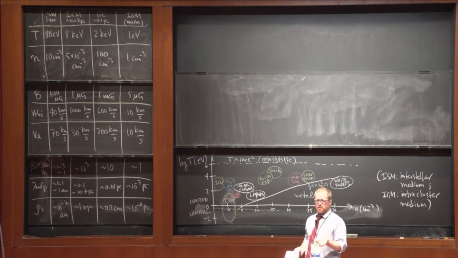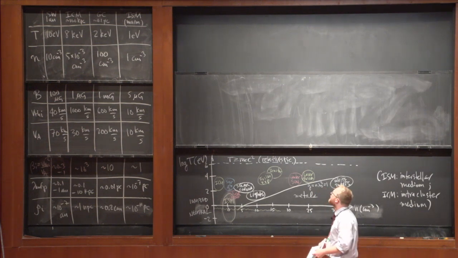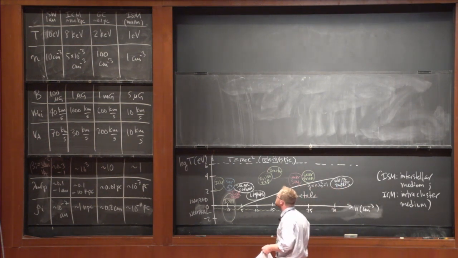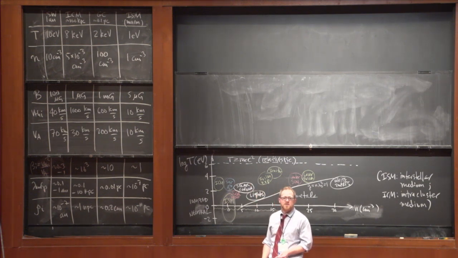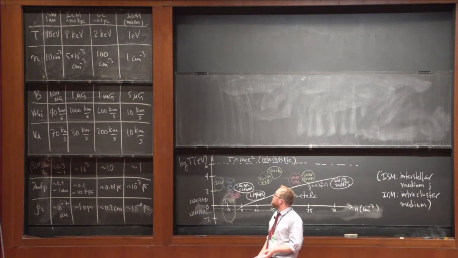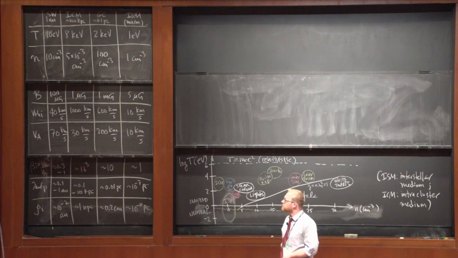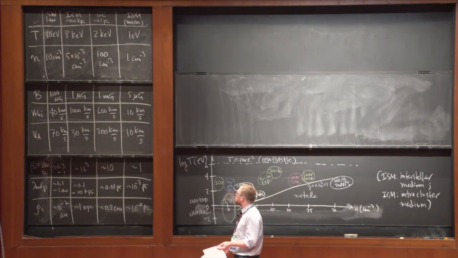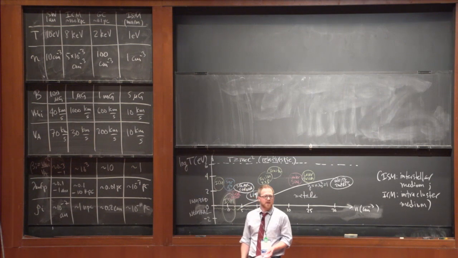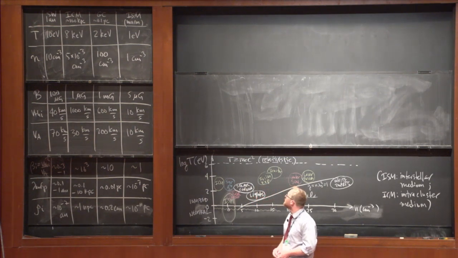Other plasmas you might see this week are the intracluster medium. Galaxies come equipped with plasma. If you go to some characteristic scale in the ICM of 100 kiloparsecs, these are the types of numbers you expect there. 8 kiloelectron volts. It's extremely diffuse, so 5 times 10 to the minus 3 particles per cubic centimeter might be a typical number. And lo and behold, just like most of the universe, things are measured in microgauss. The magnetic field there is about a microgauss.